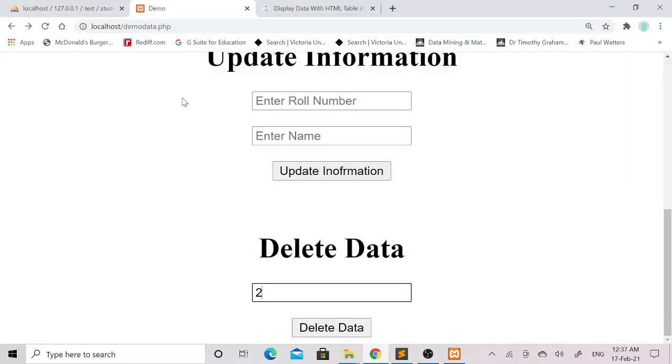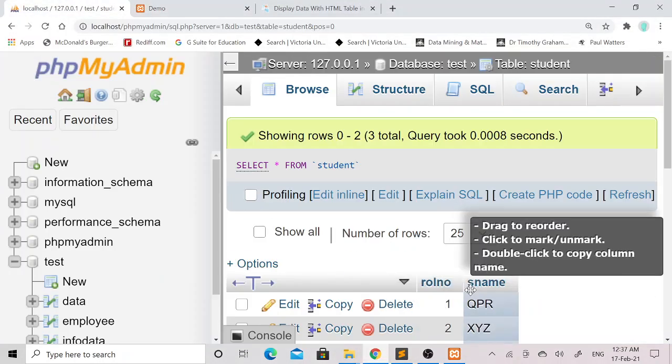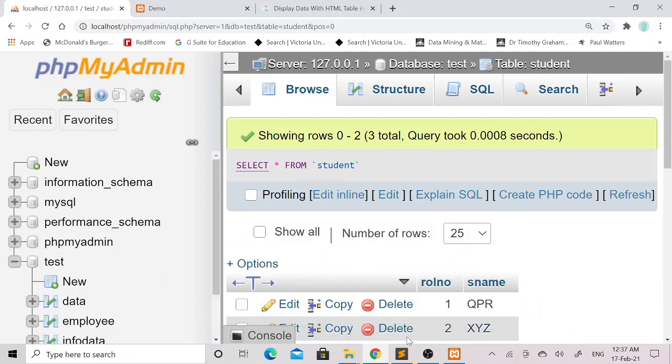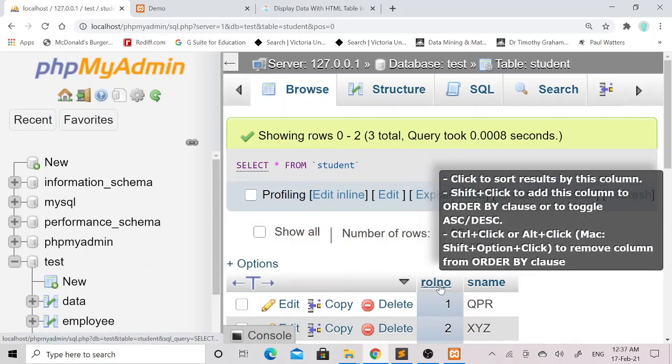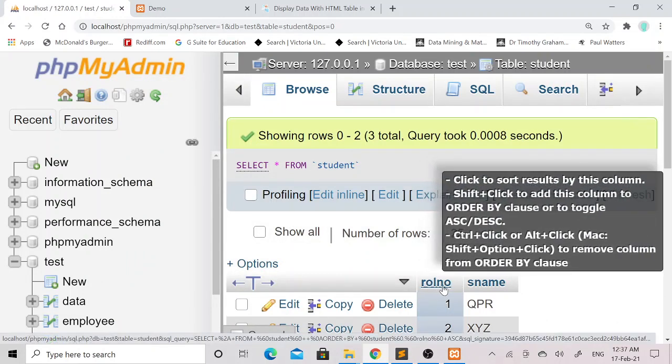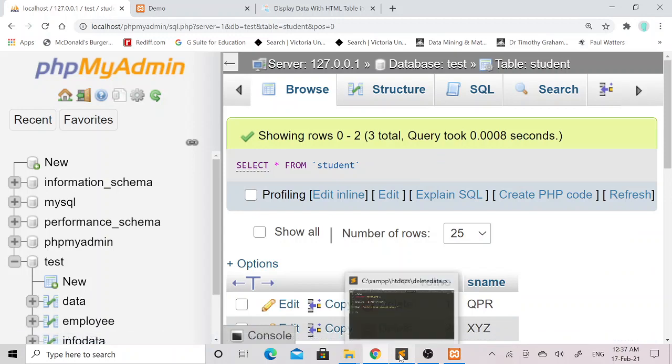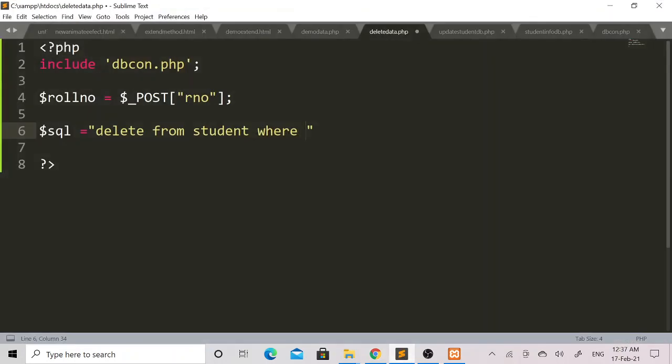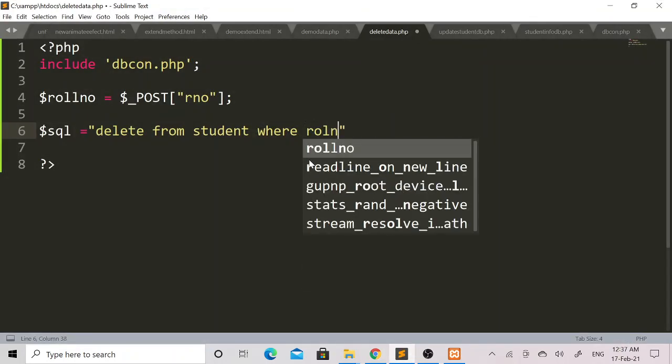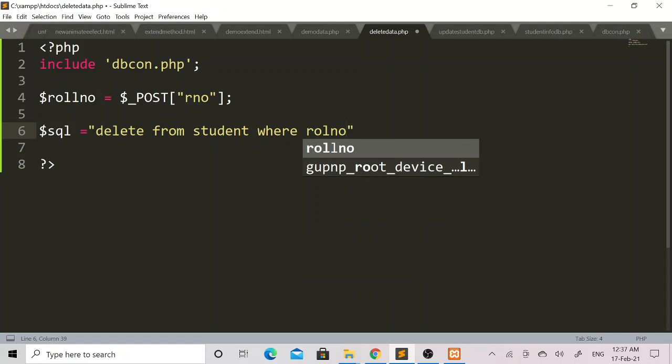So in this student table I have mentioned sname as a column name to store the student name and ROLNO as a column name to store the student roll number. So here I will mention the ROLNO column name.